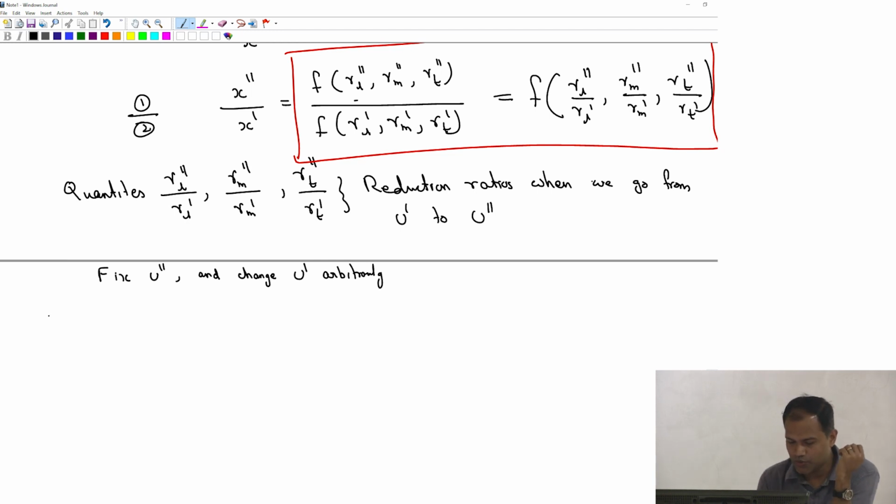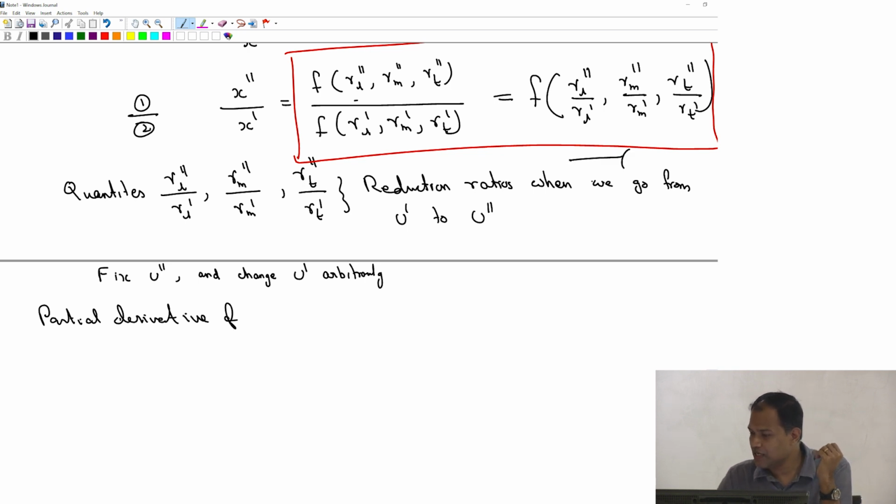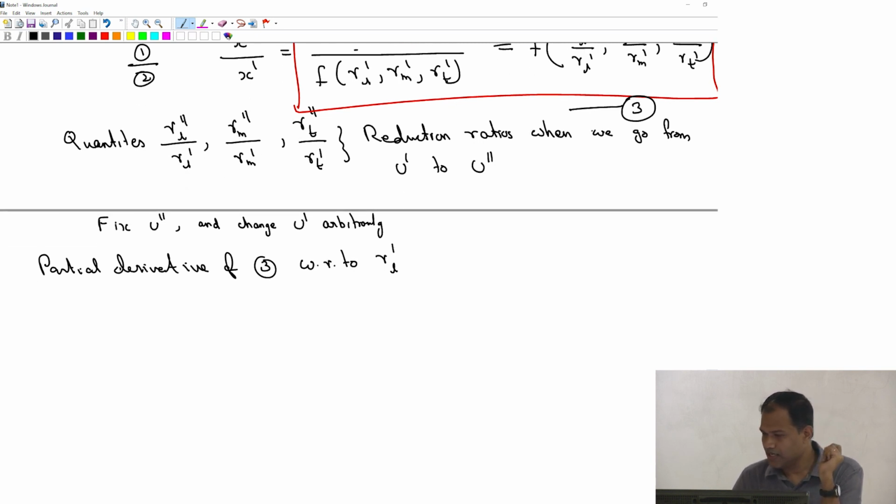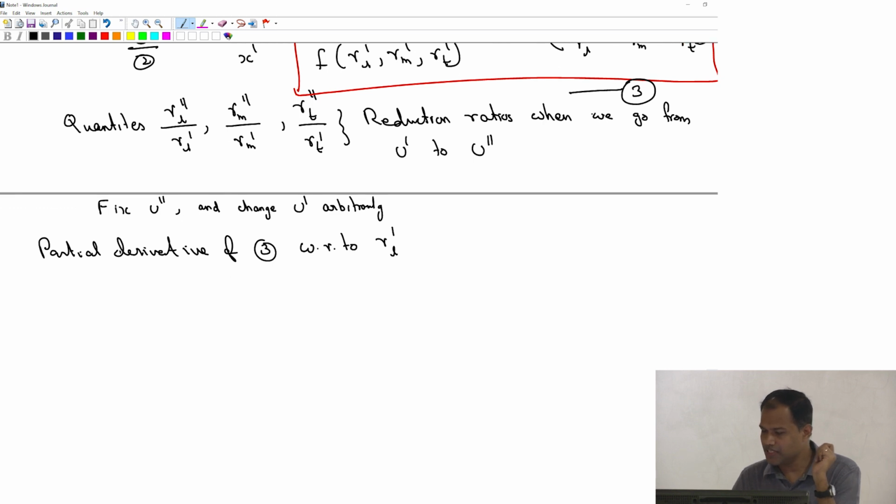In fact, what I want to do is take the partial derivative of, let us call this expression 3, with respect to, let us say, RL prime. Okay, so I am keeping my primed variables as variable really. So if I differentiate it,